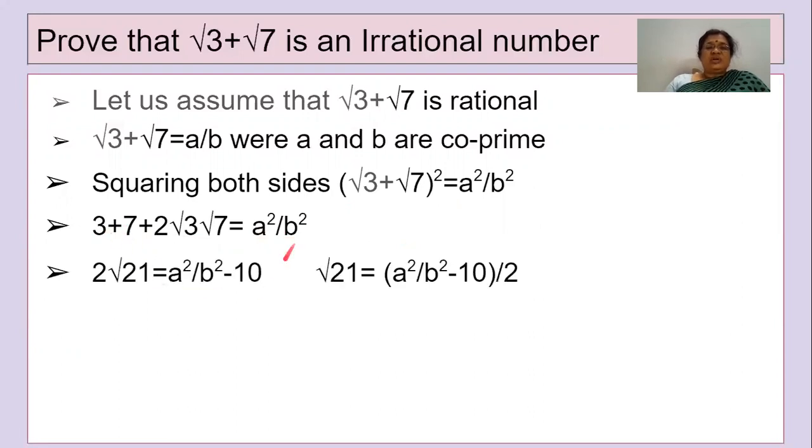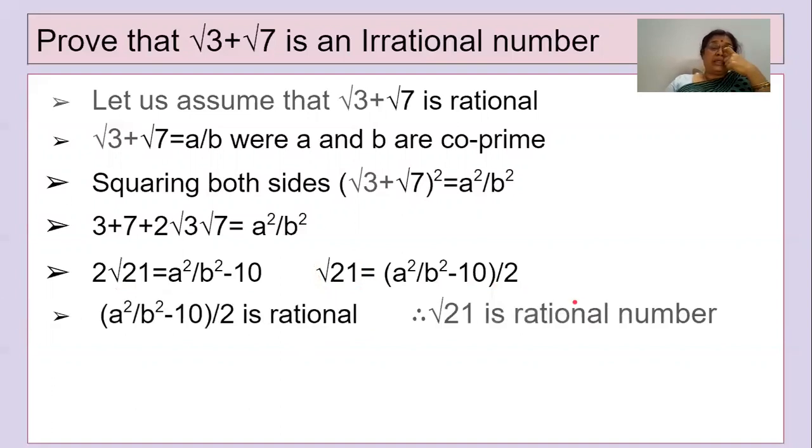So when you take this 10 to the other side, see like this. And you bring this 2 to the other side also. So it will divide like this. So RHS you will get like this. So you have to send each and every term on LHS to the other side. Only the root term is left on LHS. Like that you have to send all the remaining terms to RHS. So when you observe this, you know that a and b are integers and the right side which is there, this one is a rational number. This one is a rational number. So RHS is a rational number, LHS should be a rational number.